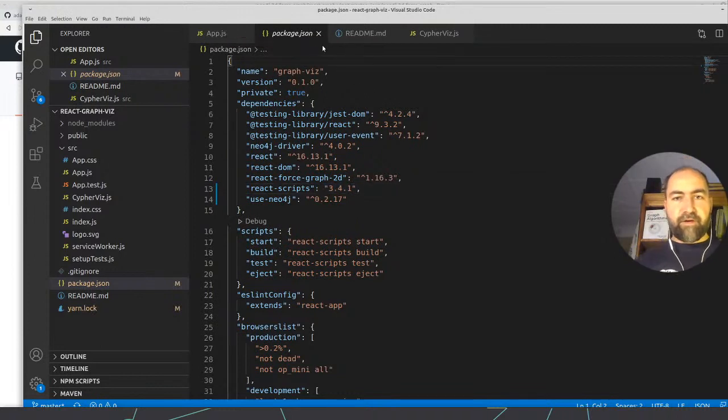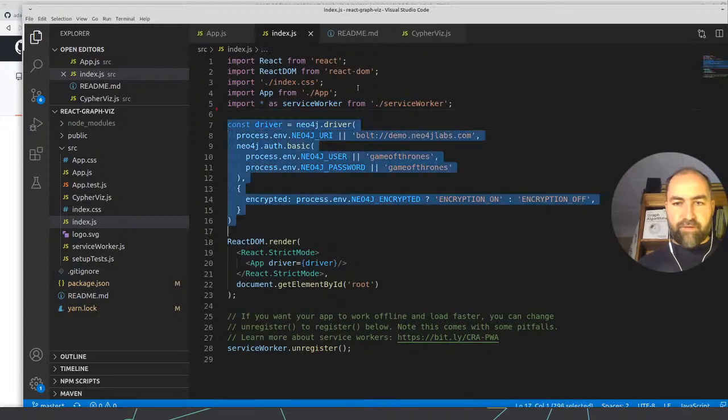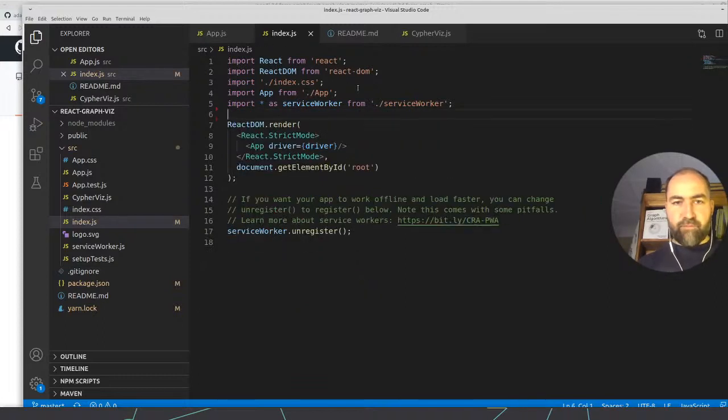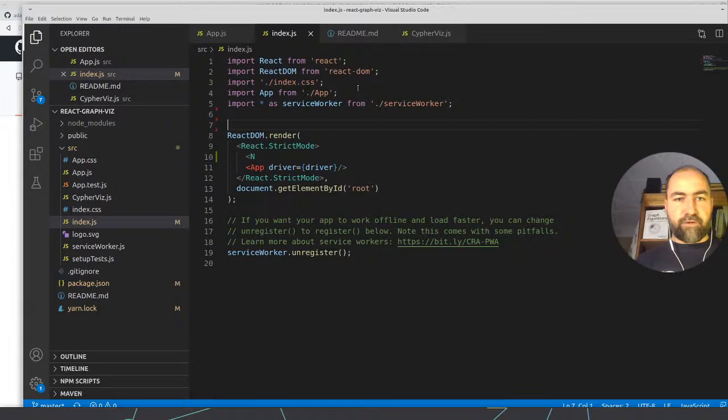So if I'm really brave, I should be able to delete just a bunch of code, right? We don't need the Neo4j driver anymore, and this stuff we don't need anymore because we should import the Neo4j provider.